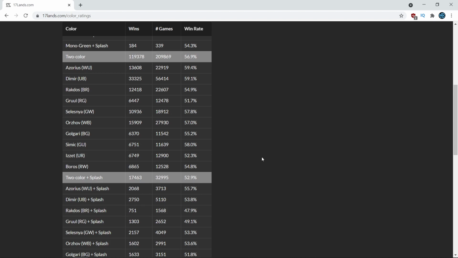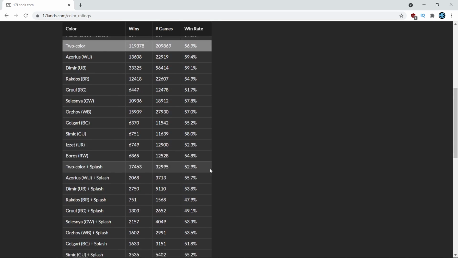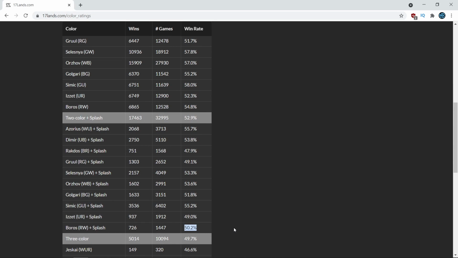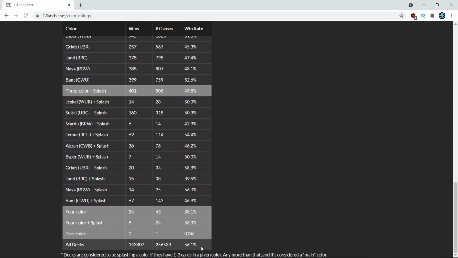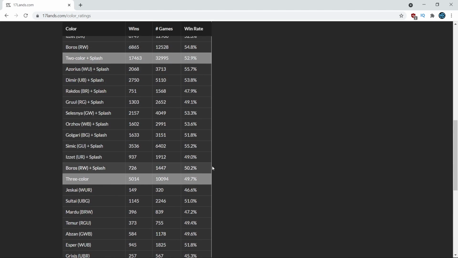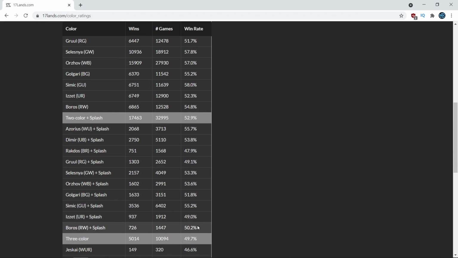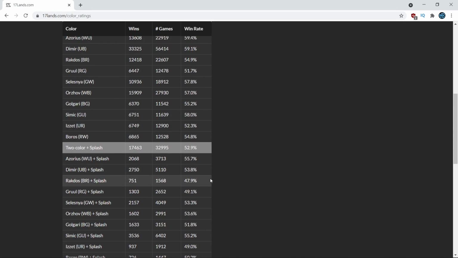That's just a very important concept in data analysis in general, that you don't want to say, well, this number is still above 50%, so it must be good. You need to say, well, the average win percentage is 56.1, so 50.2 percent is not really good. And then you can say, well, you lose 4 percentage points for splashing, but you lose 4.6 when you splash in Boros. So Boros is below average even compared to the normal 4 percentage points you lose,